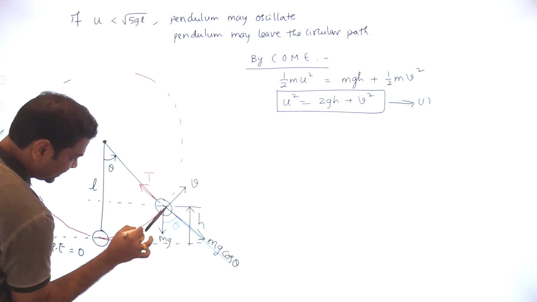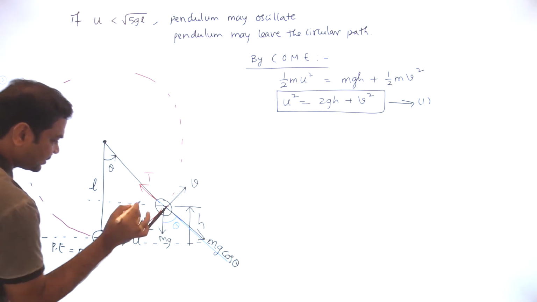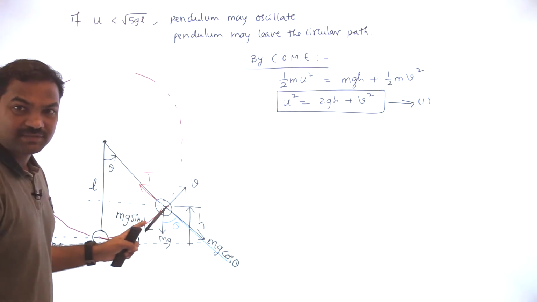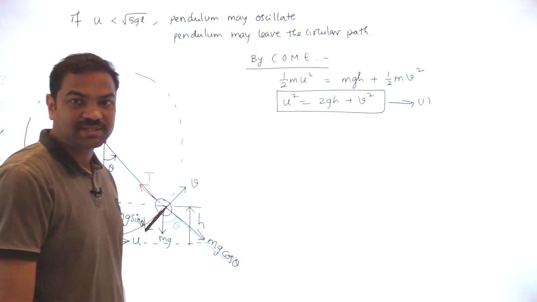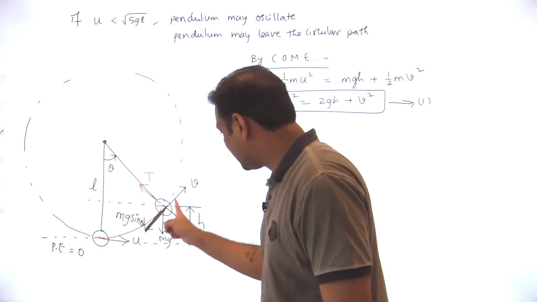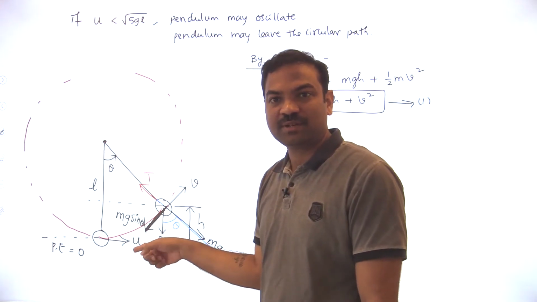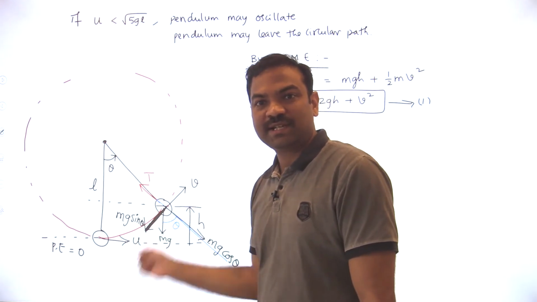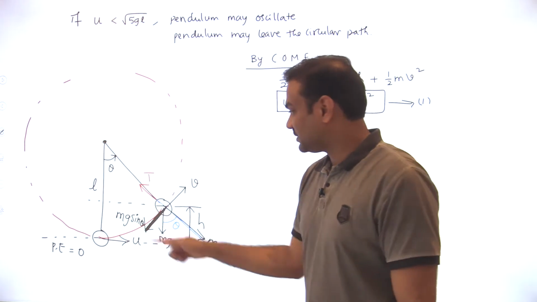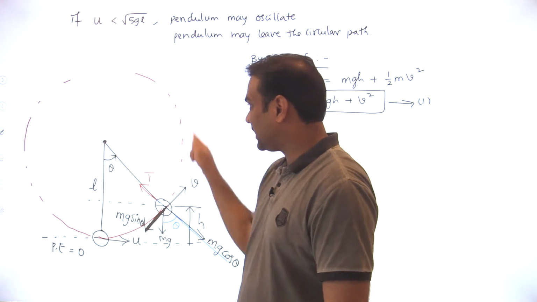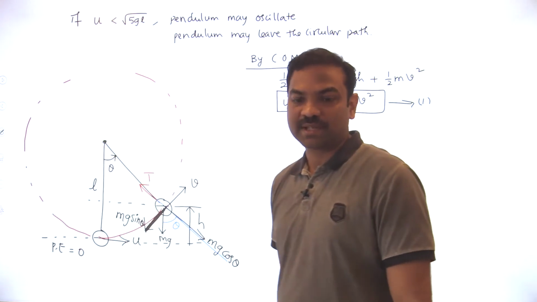This is also an important thing. Mg sin theta is the tangential force. As it is a tangential force, the tangential acceleration will be mg sin theta by m, so g sin theta is the tangential acceleration. Velocity is in one direction, mg sin theta is in the opposite direction. I think you remember the non-uniform circular motion. If velocity and tangential acceleration are opposite to each other, what happens to speed? Speed will decrease. So in this entire rightward journey, the right half of the circle, speed decreases, whereas in the left half of the circle, speed increases.